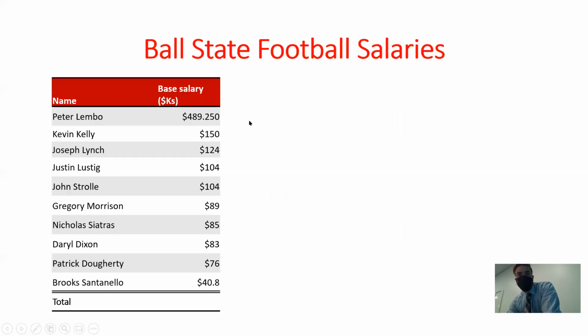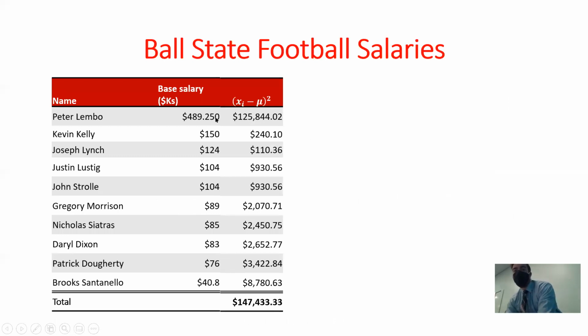All right, just checking to make sure there's no questions. So if I go through and do this, take 489 minus 134.5, square it, I would get 125,844. I did that for every observation. And notice observations that are really far from the mean. The mean was 134. This salary is 489. That's pretty far from the mean, right? So really extreme values are going to have a really big deviation from the mean, and then once we square that, it becomes an even larger value. However, for values really close to the mean, like 124, when we look at that difference and square it, it's not nearly as big, right?